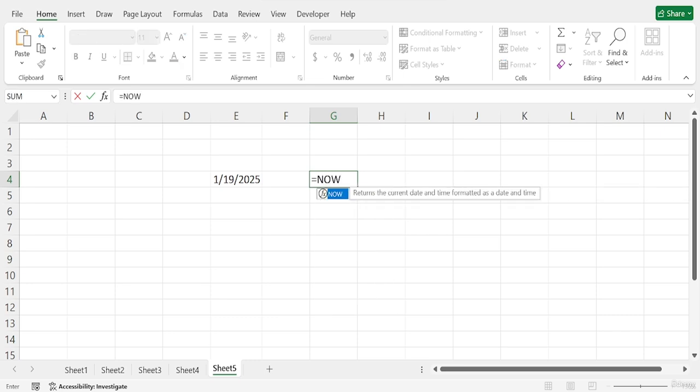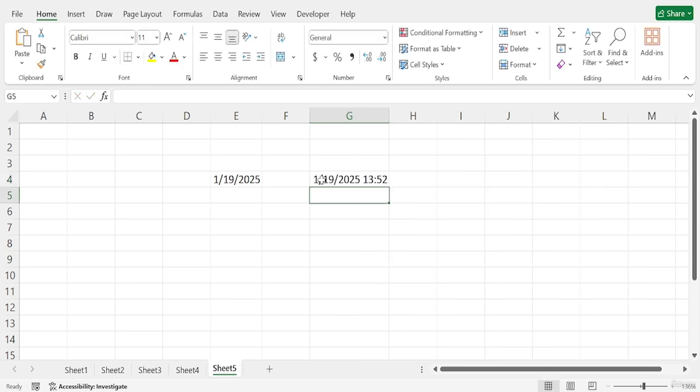After that, another function is the NOW function. As you can see, if I press enter, the function adds more information, which is the time. It gives you the date as well as your current time, and it is also changeable. That means if you use the NOW function in your data sets or spreadsheet, the time and date will change automatically.